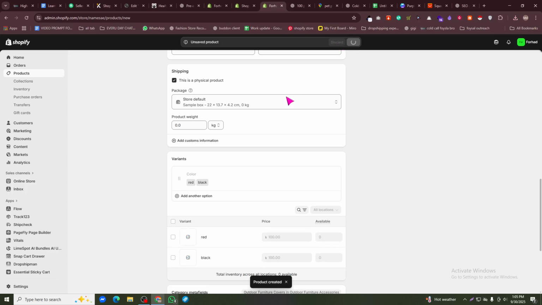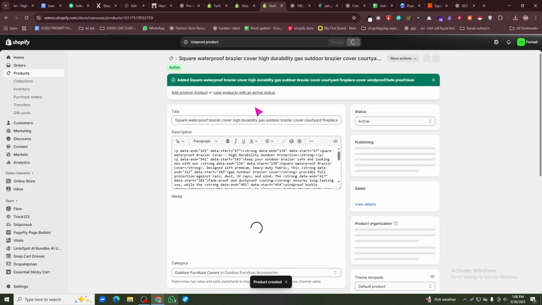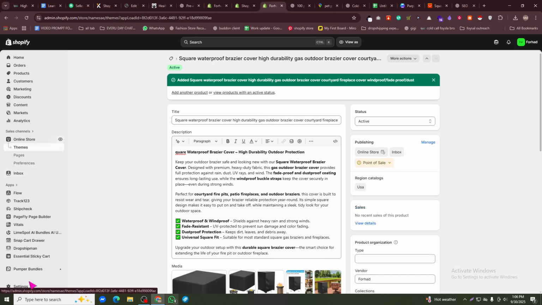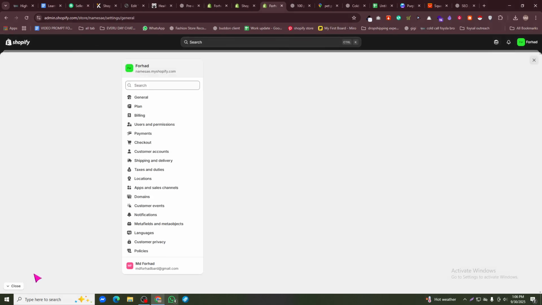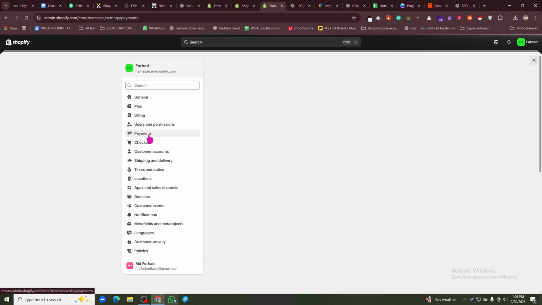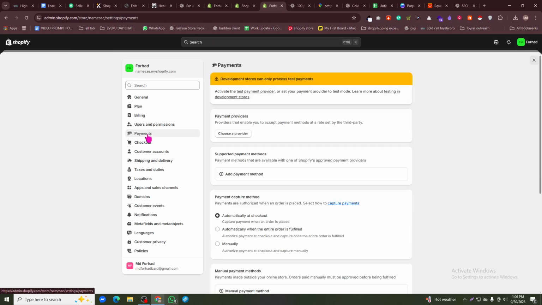Okay guys, it's time to tell you how you can connect the payment method, and after that I'm gonna give you some basic tips on how you can customize your store. So let's go to the payment method first. Let's go to the settings, and after that, as you can see, the payment option. Once you come over here,